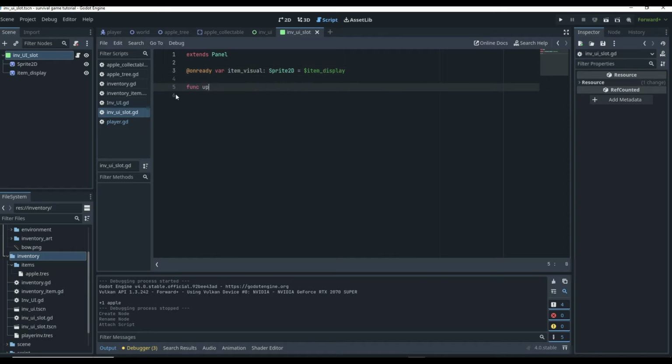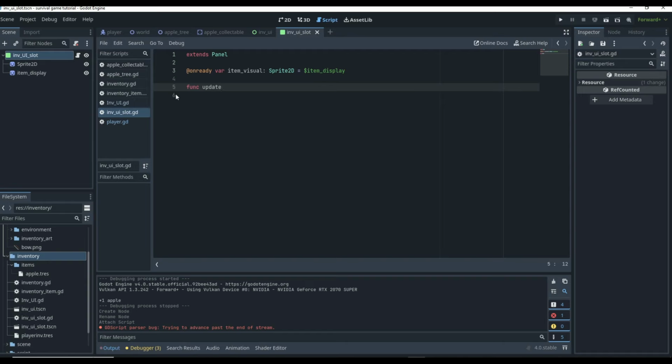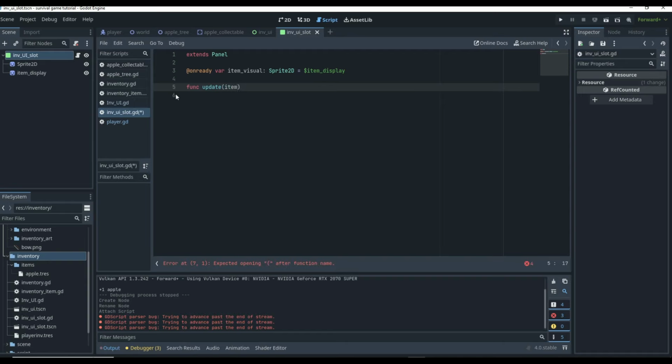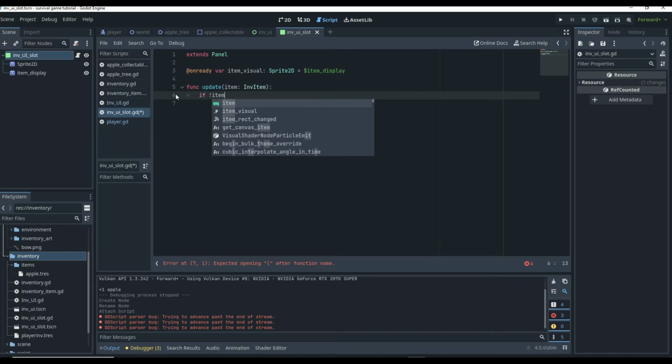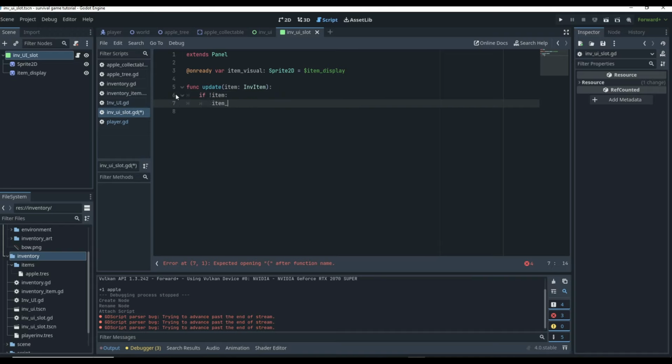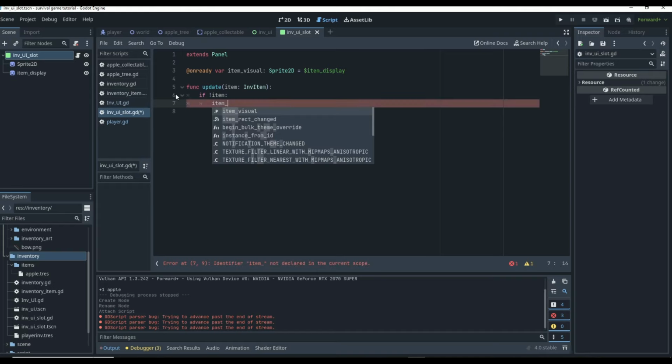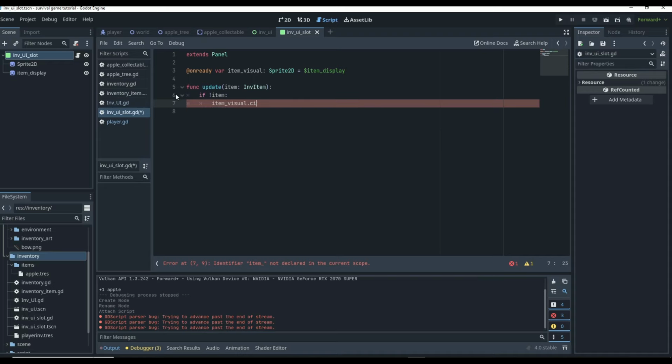Then we're going to create a new function, which is going to be our update function, which is going to update the item that is displayed. So we'll say item is going to be an inventory item, has to be an inventory item, but then we're going to say if not item, then item visual visible is false, because there is no item there. So if there's no item, then we want our item visual to not be visible, obviously, because there's no item